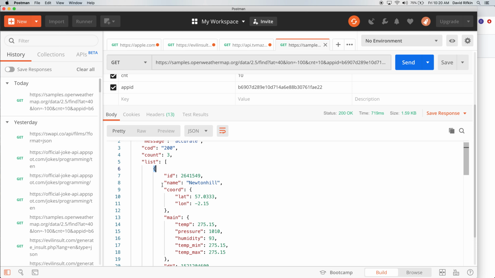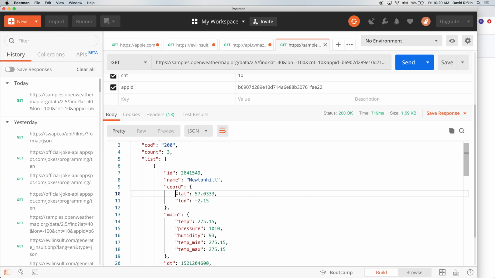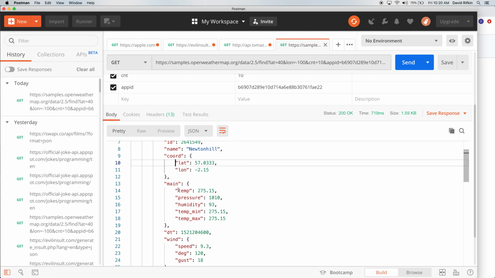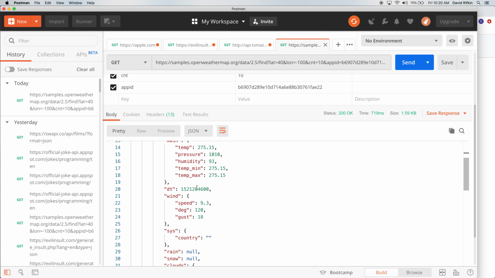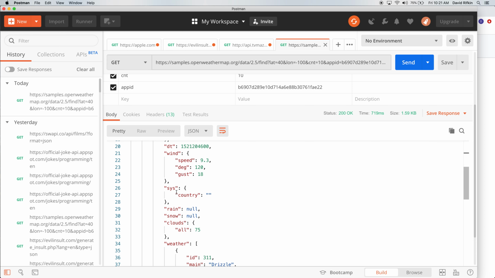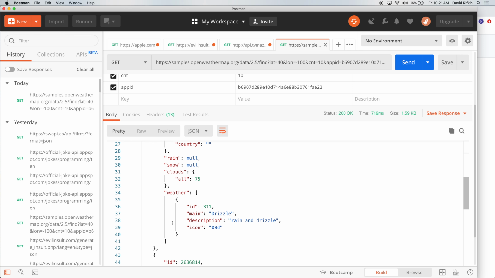If I look in this object, I see it's got key and value, key and value. It's got an object inside of it called coord. So I'd probably have to make another object that I decode there. It's got an object inside of it called main that I'd have to make an object for. It's got this key dt and some number value. It's got wind, which is a nested object. It's got sys, which is a nested object. Rain, snow, clouds is another nested object. And then